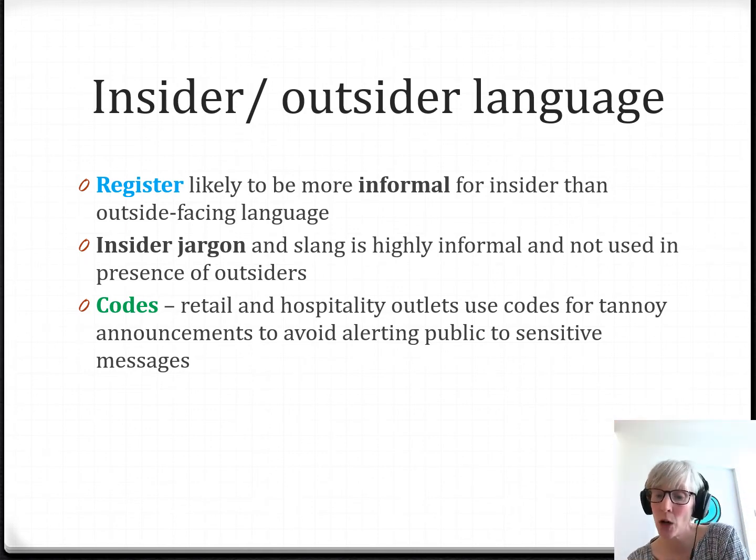And don't forget this idea of codes. The police use codes. Literally, they have number codes for a whole bunch of stuff. And codes are completely impossible to break. Retail and hospitality outlets use codes for tannoy announcements. It's when you have to say something out loud in front of outsiders, but they mustn't be able to understand it. It's not the same as an acronym like DNR. DNR you could work out backwards, but a code, if you think about spies, is something that you can only know if you work in that profession.